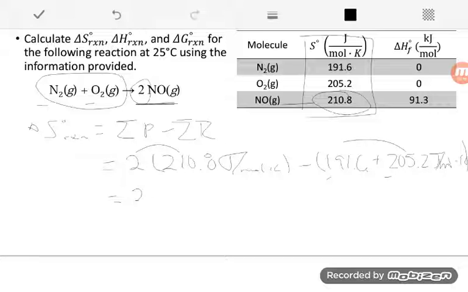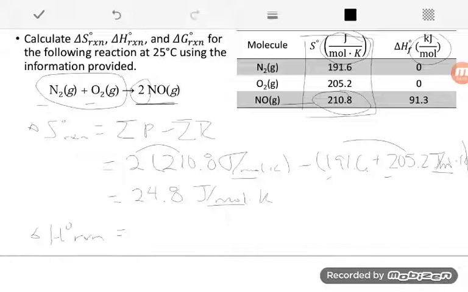And I get 24.8 joules per mole Kelvin. So we don't neglect our units. Sometimes I see people leave it off in here and then tack it on at the end, and that's fine as long as you tack it on eventually, but you can always find your units up here. That's the units you should end up with. So that's delta S. We're going to do the same thing